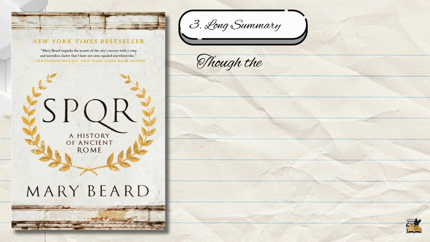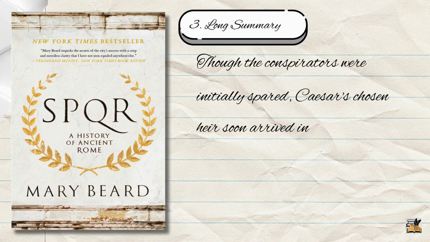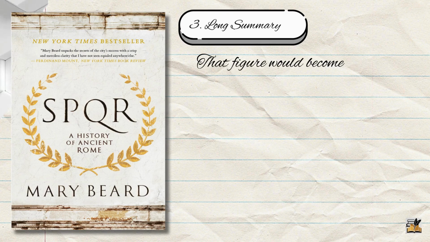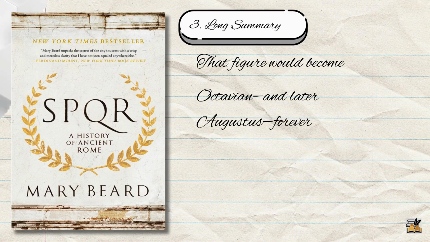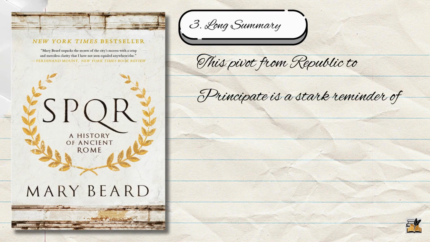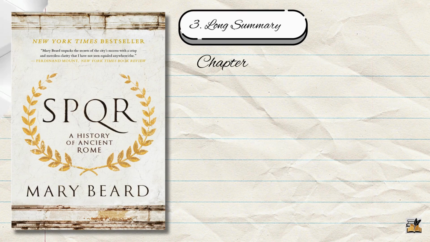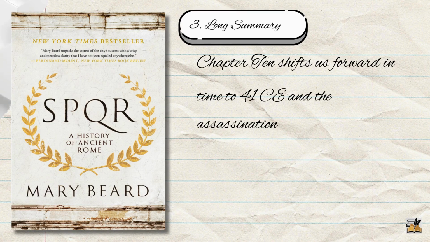Though the conspirators were initially spared, Caesar's chosen heir soon arrived in Rome. That figure would become Octavian and later Augustus, forever altering Rome's political trajectory. This pivot from republic to principate is a stark reminder of how one violent act could unleash transformations that dwarfed the assassin's original aims. Chapter 10 shifts us forward in time to 41 CE and the assassination of Emperor Gaius,